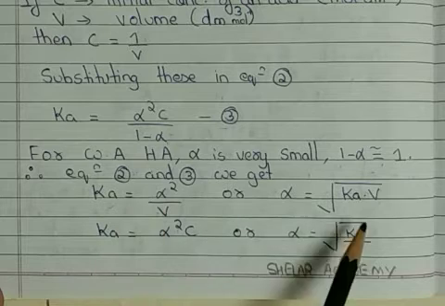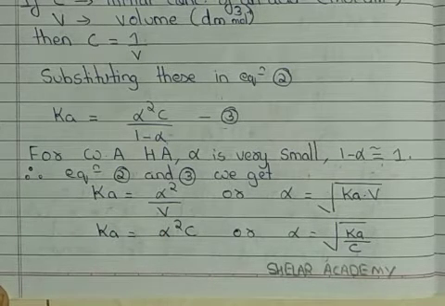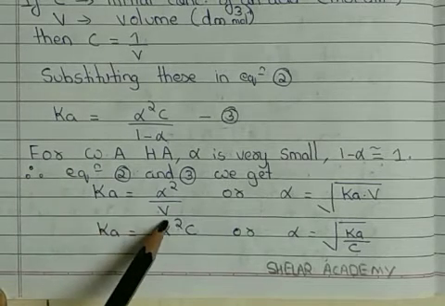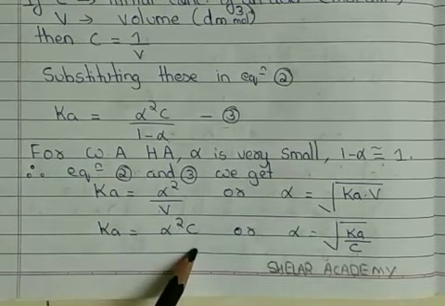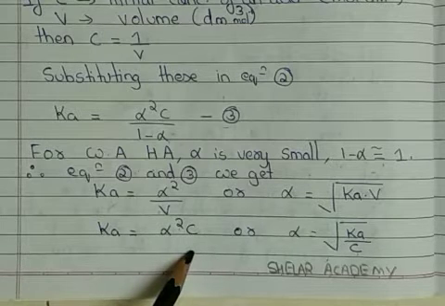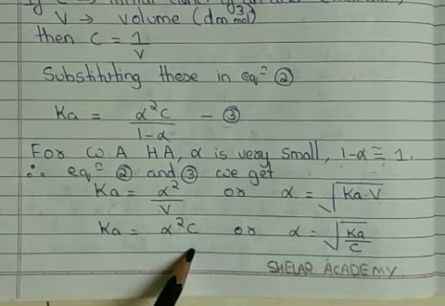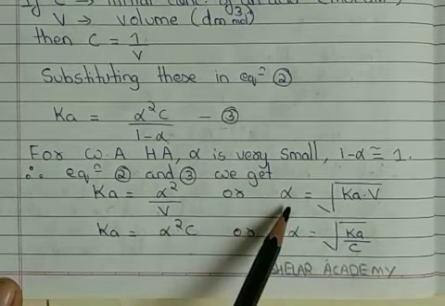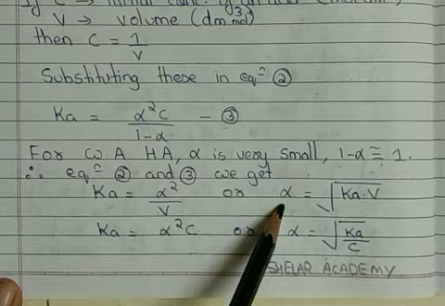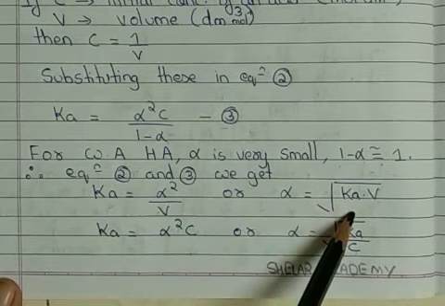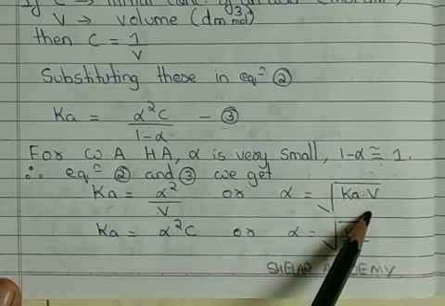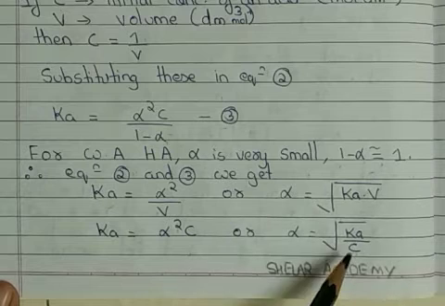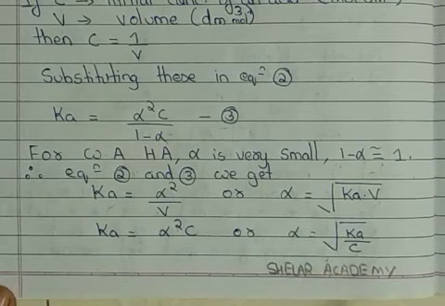So these will be the equations where Ostwald's dilution law has given us a relationship between acid dissociation constant and volume, or acid dissociation constant and concentration. If we check the equations properly, the relation we understand is with the degree of dissociation. The degree of dissociation of a weak acid is directly proportional to the square root of its volume, or it is inversely proportional to the square root of its concentration containing 1 mole of weak acid.